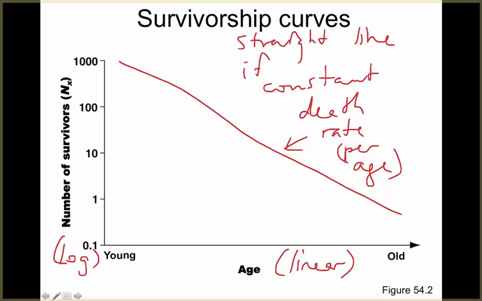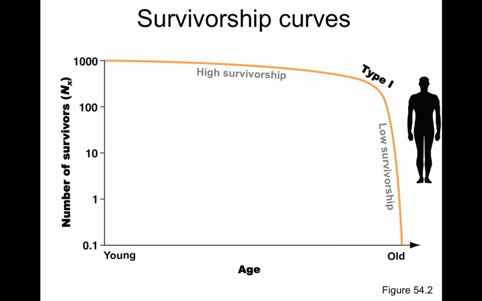Let's see what it looks like for humans. This is what the survivorship curve looks like for human beings or other species that also have very high survivorship as young. This is a characteristic for those species that have a lot of parental care of the young. So this is still a log linear plot as shown here, and if we follow along the graph here, then